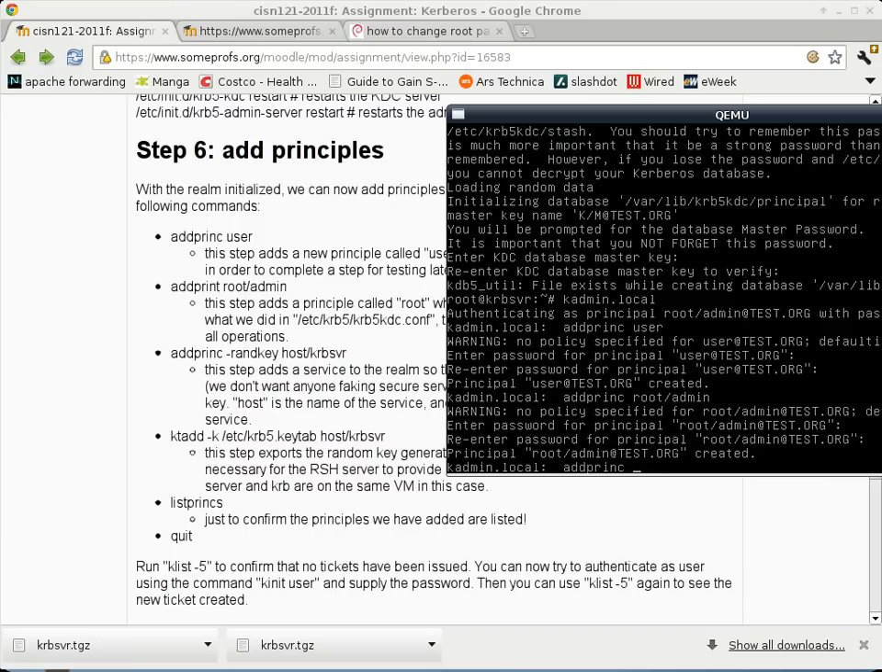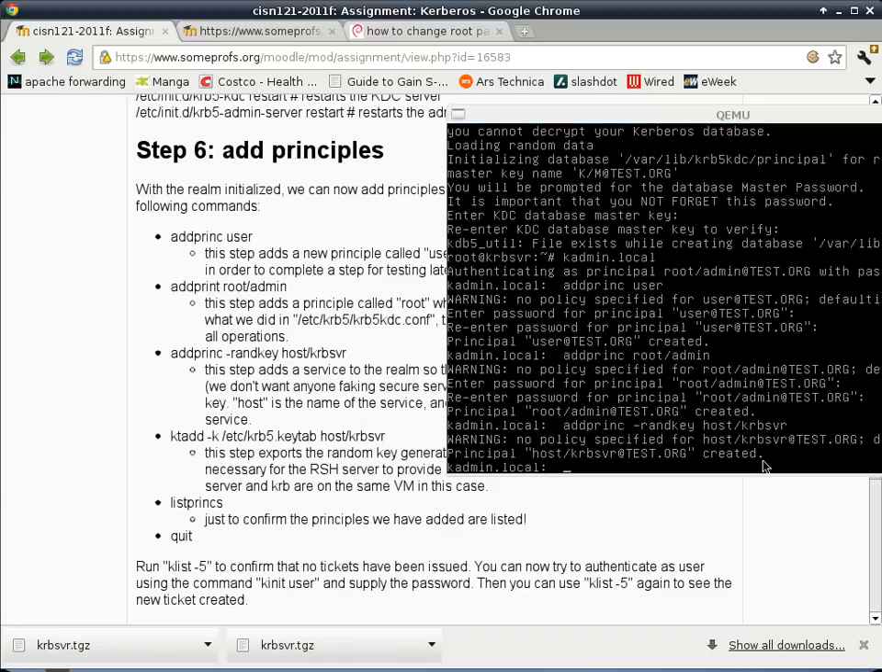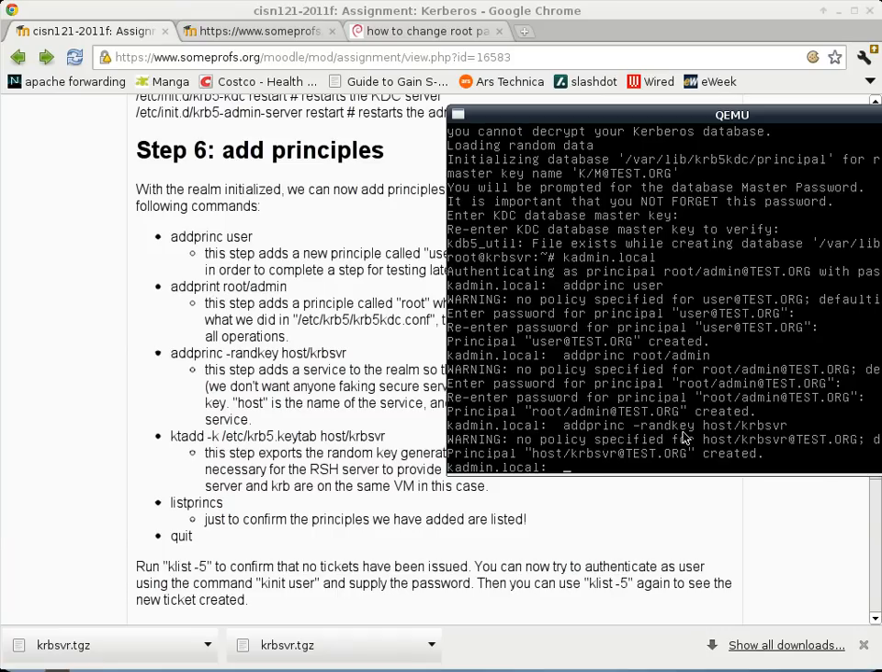We'll add another principal. This time we specify random key, and we are specifying the service KRBSVR. And you can see that this time it does not ask us for a password because we specify random key in this case. And then we'll run ktadd -k etc/krb5.keytab key table, and we are specifying that we just want the key of the KRB server itself. This is for the service. So we'll go ahead and press the enter key,